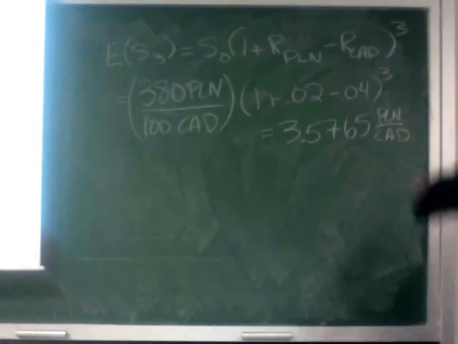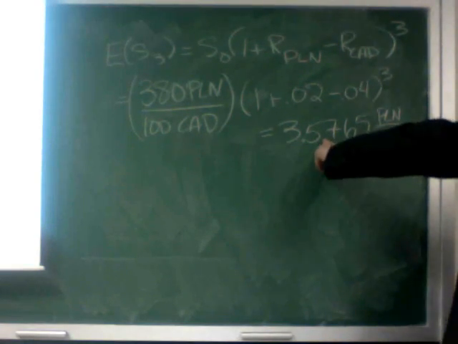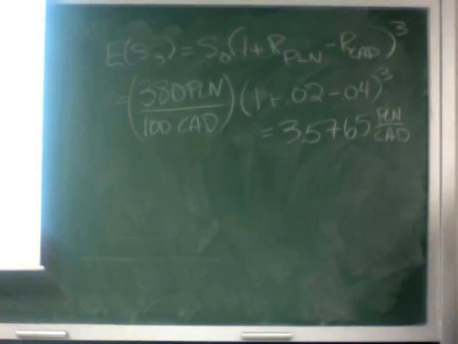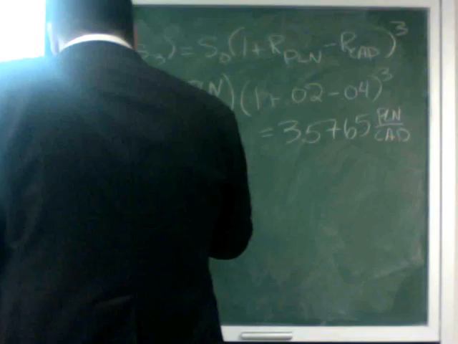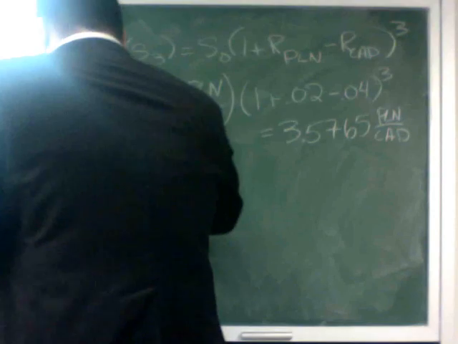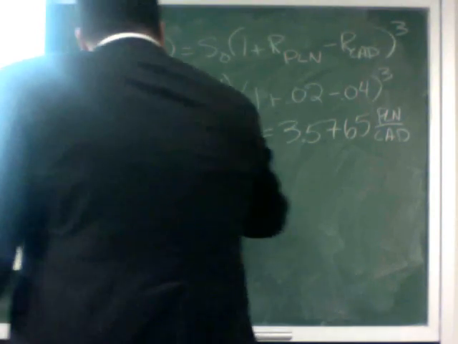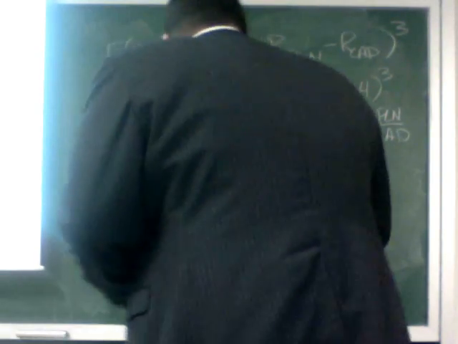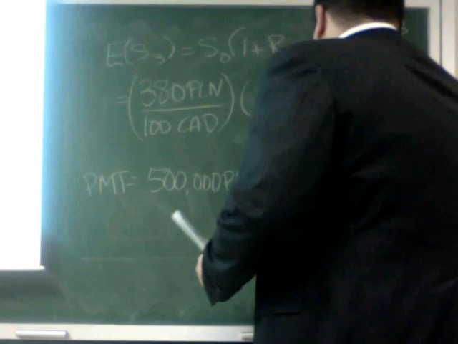So you can see that the Canadian dollar is weakening relative to the PLN because it's got a higher inflation. So your payment, which is going to be 500,000 PLNs, when you convert it,